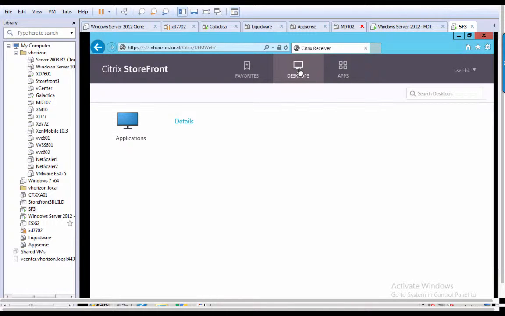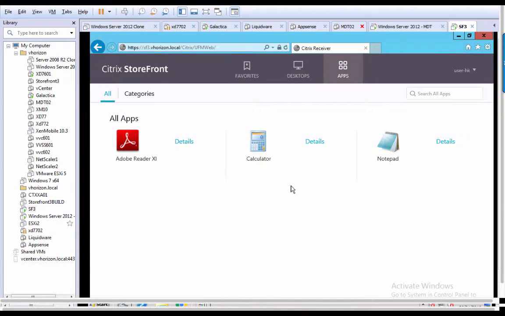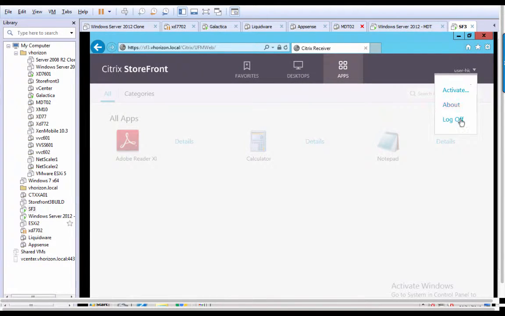So the first thing you'll notice is when I've logged in, instead of enumerating against both farms, we've lost the FrameHawk desktop, which is only published out from the Zen Desktop 7.6 farm. So we've got that and the apps in here. So now if we log out and back in again,